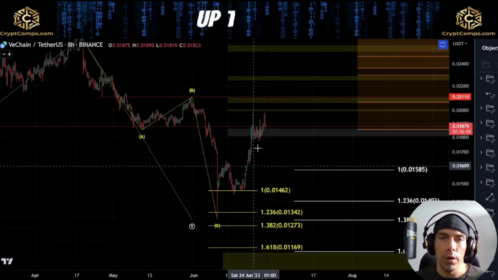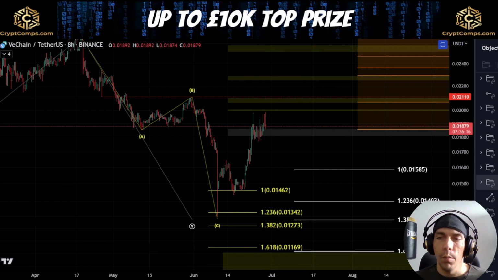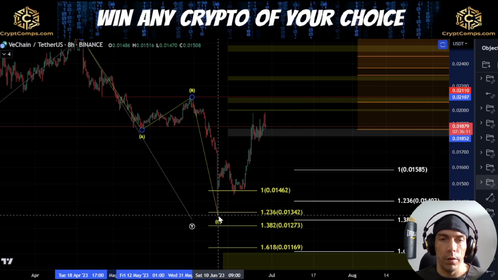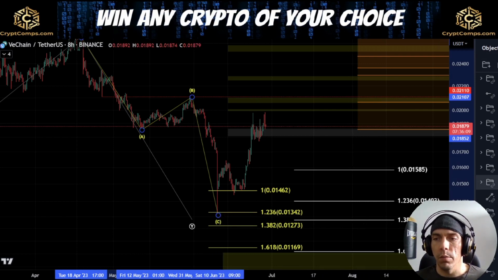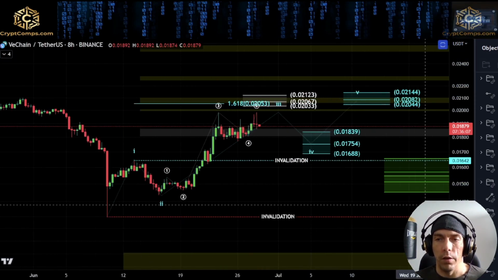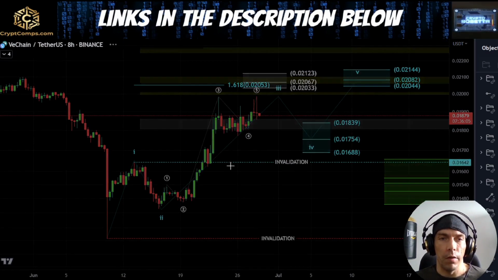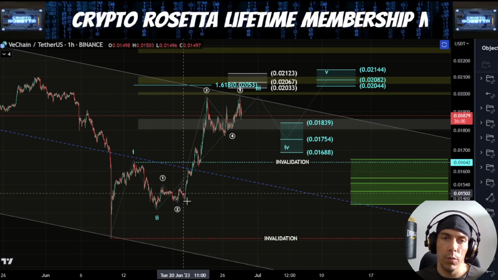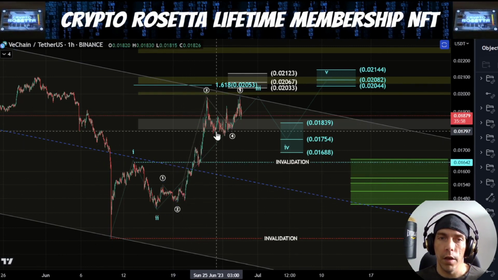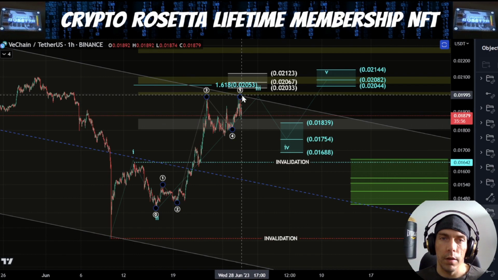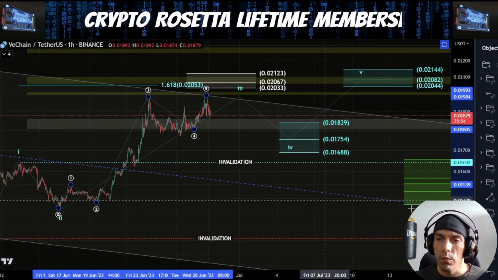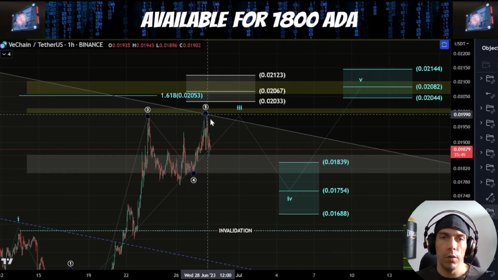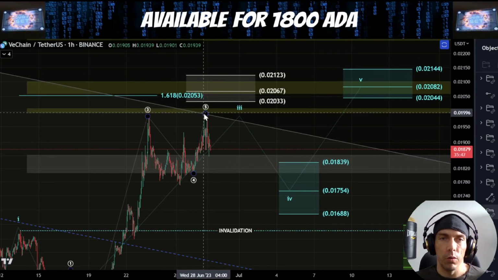So we can see that we've had quite a strong move to the upside here, but it's not done quite enough to confirm that this is a significant low. So what we want to see is more along something like these lines, where we look at this move as potentially coming in here and forming this as 1, 2, this is 1, 2, this would be 1, 2, 3, 4, and 5 into this high. This would be an additional fourth wave here and a fifth wave to the upside. Now, really, until we actually take this fourth wave area here, this move can always look to extend up. So we need to just be cautious of that.